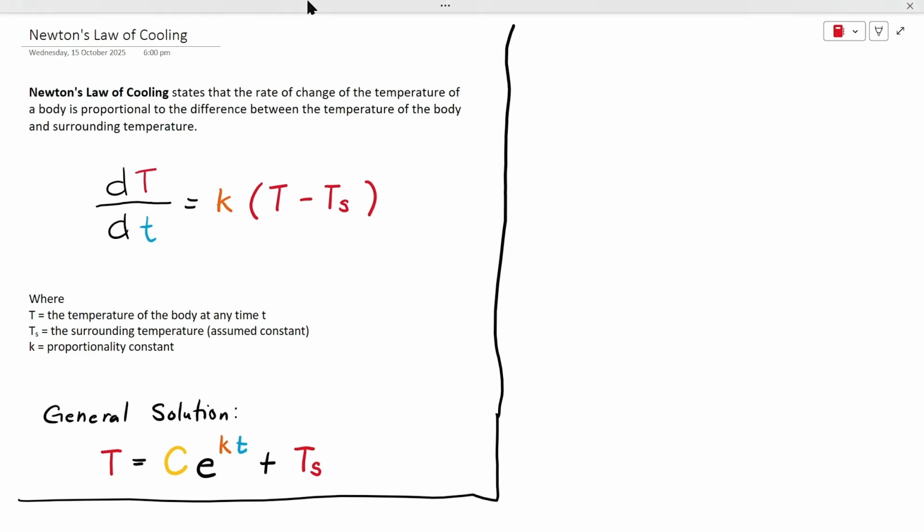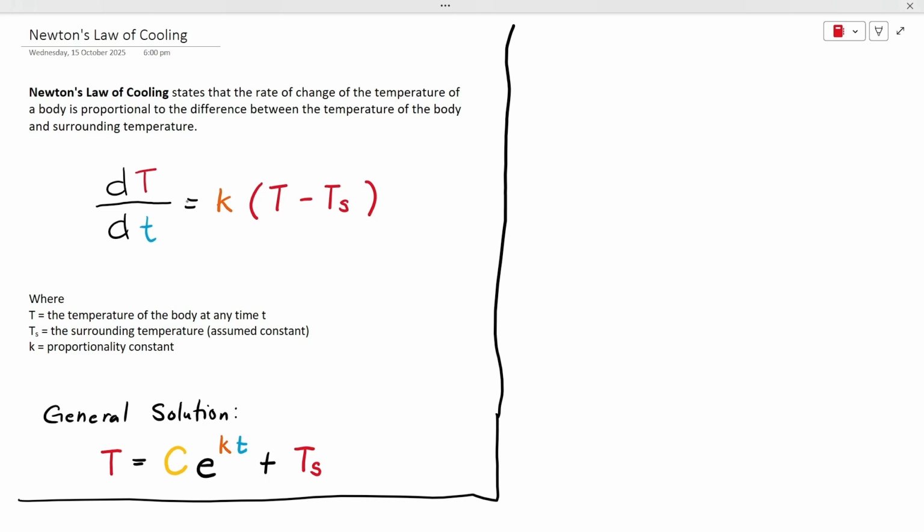So today our topic is about Newton's law of cooling, and this is one of the applications of differential equations. Newton's law of cooling states that the rate of change of the temperature of a body is proportional to the difference between the temperature of the body and the surrounding. So if we're going to analyze the law,